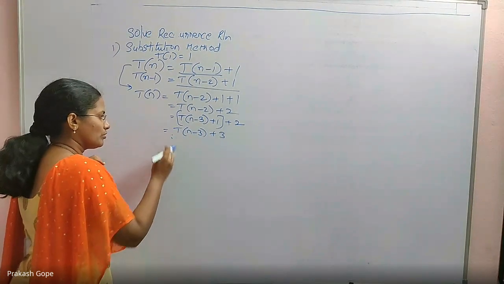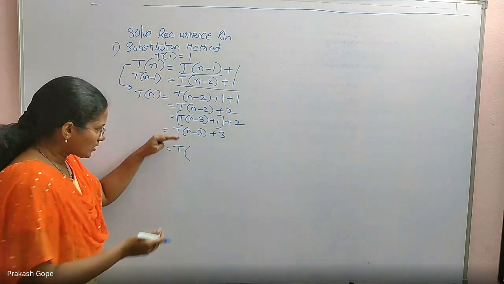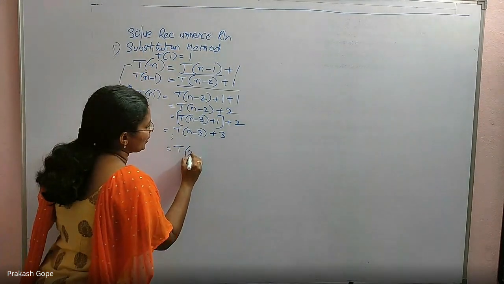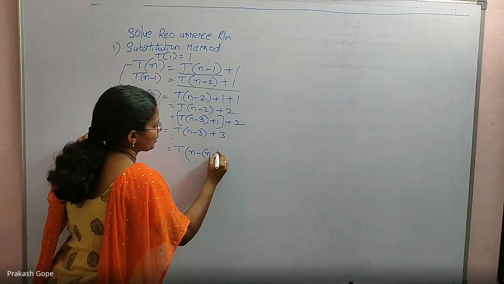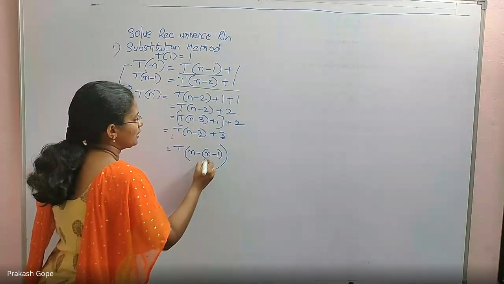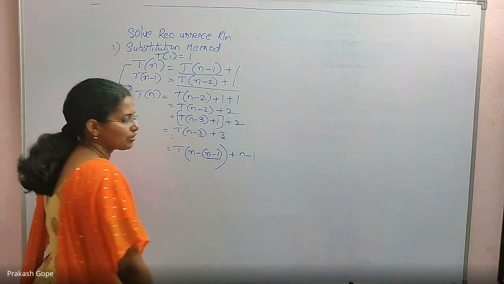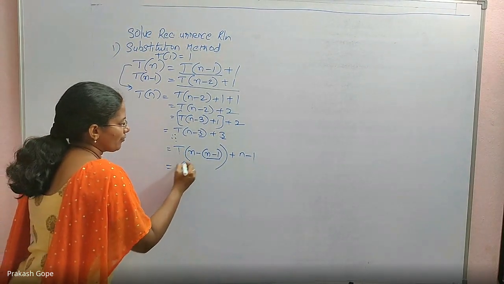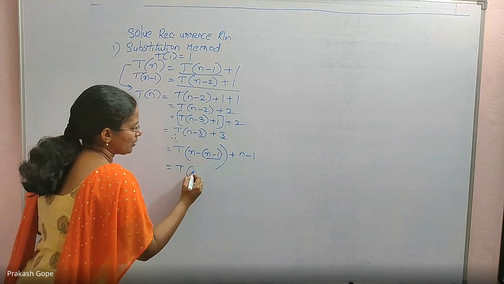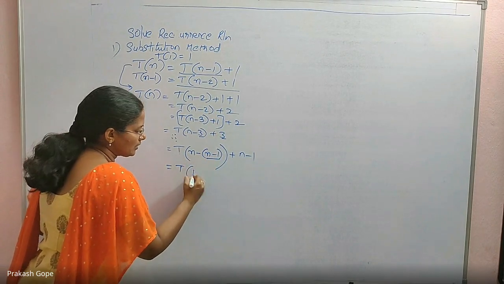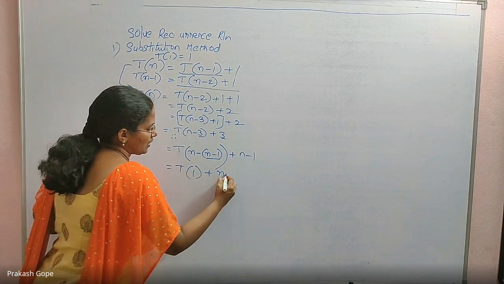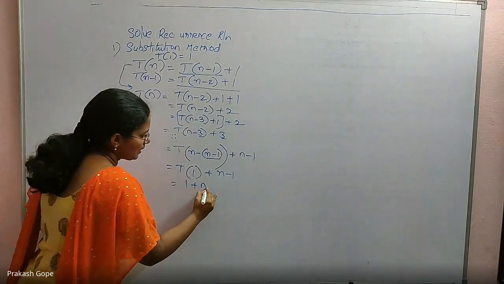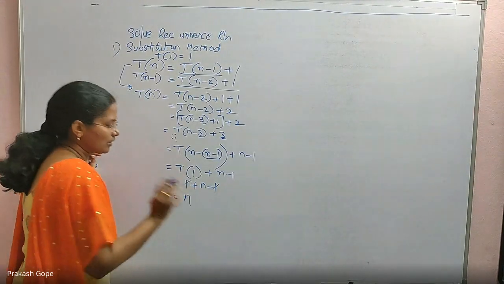Like this. I will go to an extent. Obviously I should go towards the exit step. That is recursion. So there will be a case where it is T of n minus (n minus 1) plus n minus 1. Here also it will be n minus 1. Fine, proceed with the steps. So T of n minus n plus 1, plus n minus 1. n minus n get cancelled. This is T of 1. This n minus 1 is as it is. What is T of n? Exit step is 1. 1 plus n minus 1, plus 1 minus 1 are cancelled. The final answer is n.